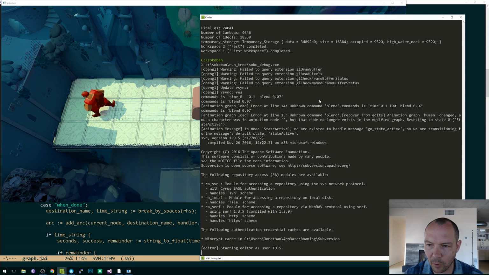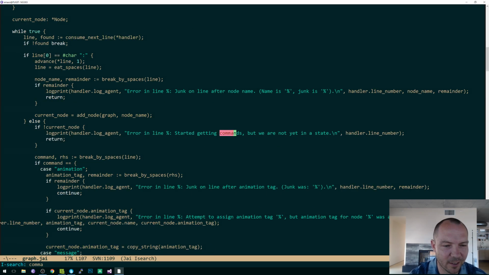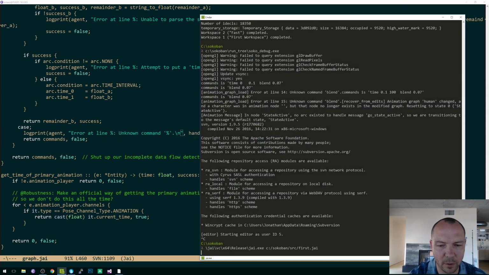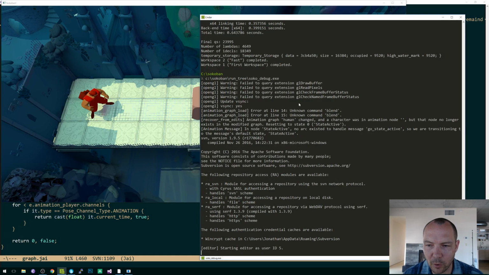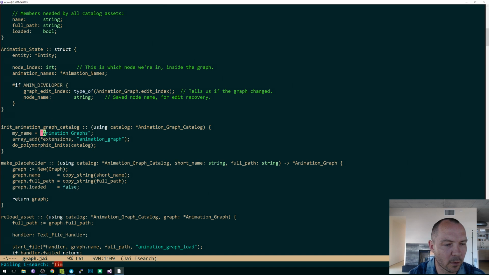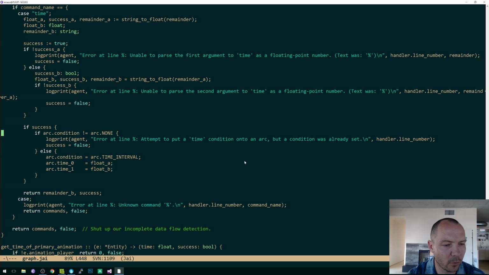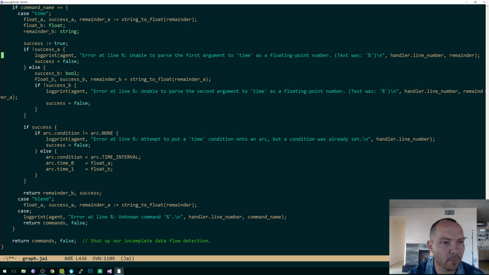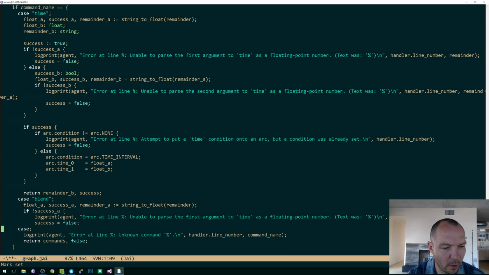All right, so unknown command blend, and then my old prints are there. Let me get rid of my, I didn't put a new line here. All right. So unknown command blend, that is good. So now, here we handle time, and we will handle blend. And this will be a simpler version of time. We'll say if we didn't have success,